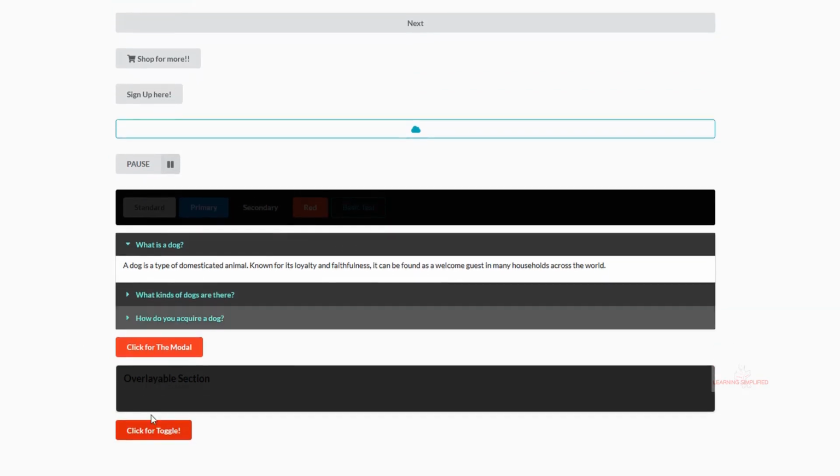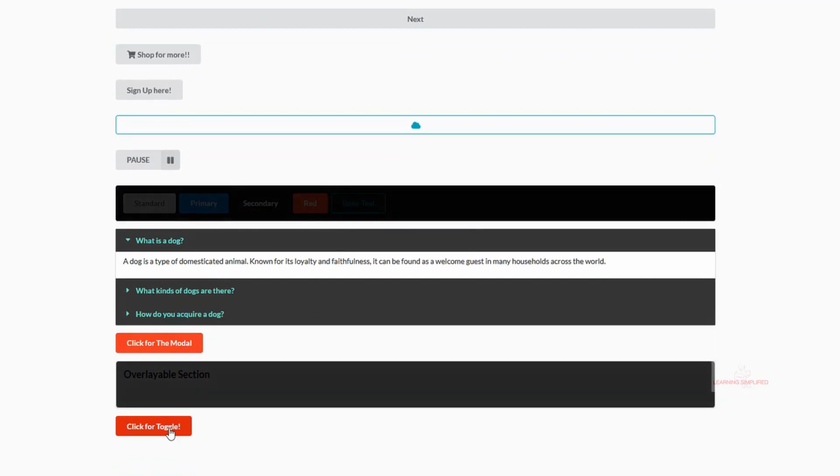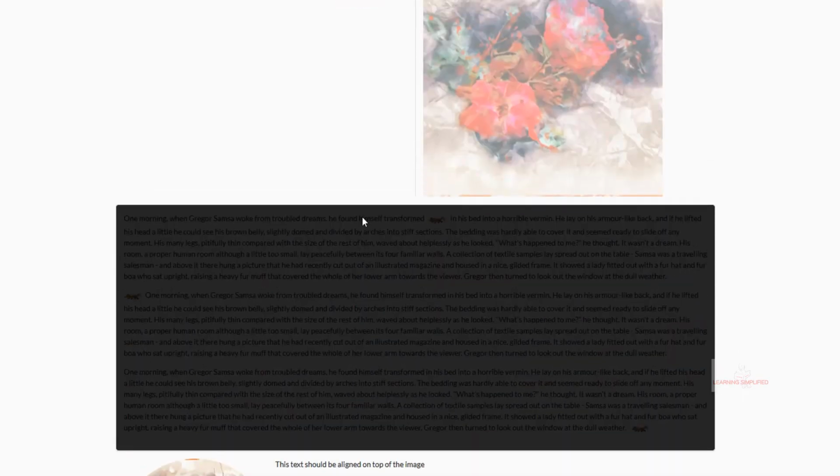Can we see this? Let's toggle it again. We can see that this is clear now, but if we now click on this individual button, we can see that an overlayable section is right now imposed on this individual container, and the same thing goes for all the containers that are using the exact same class of segment.